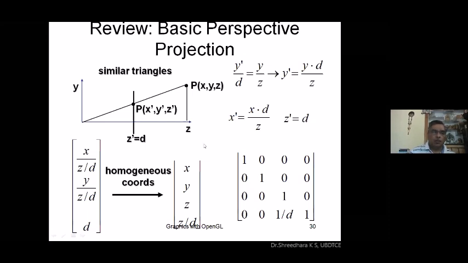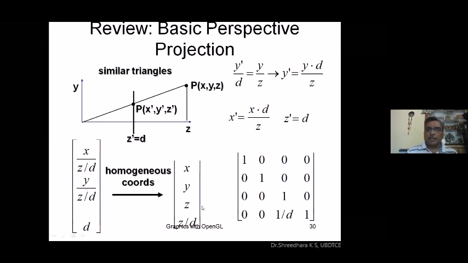In the homogeneous coordinate system, if you want to represent this in matrix form, the z by d can be taken to the fourth row, resulting in x, y, z, z by d. If you use this representation, it is comfortable to represent your data by introducing one more row, as in the homogeneous coordinate representation.